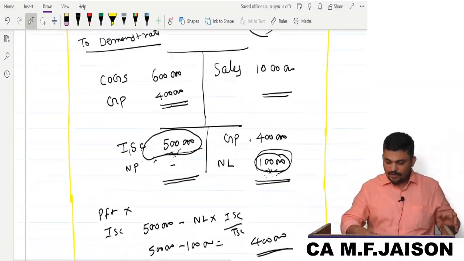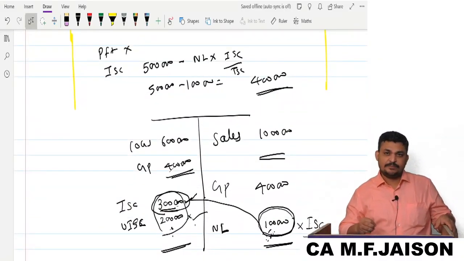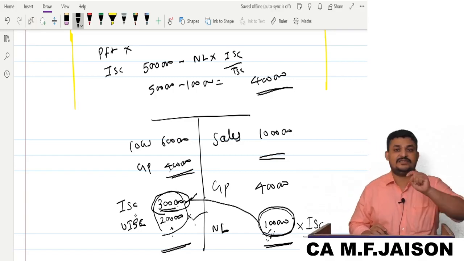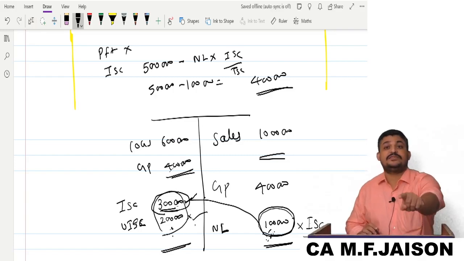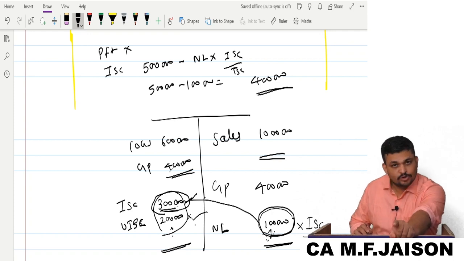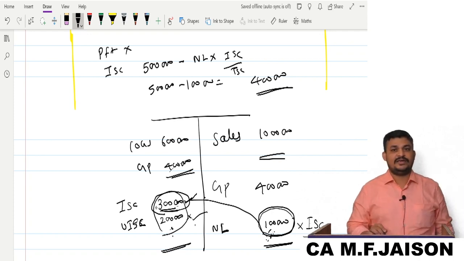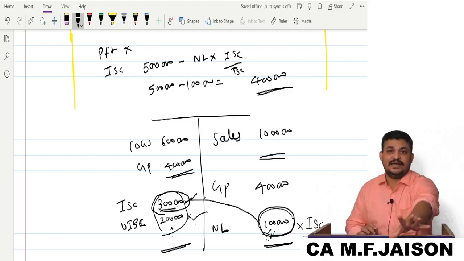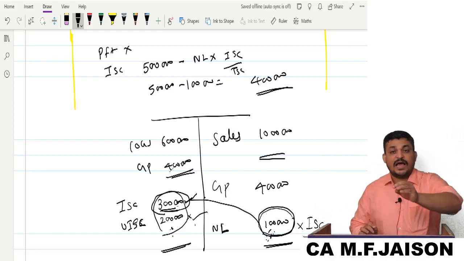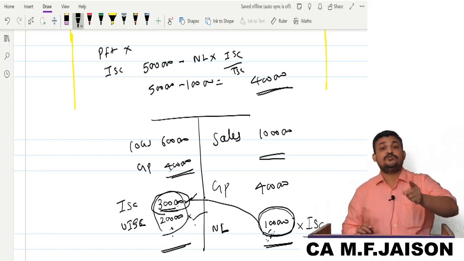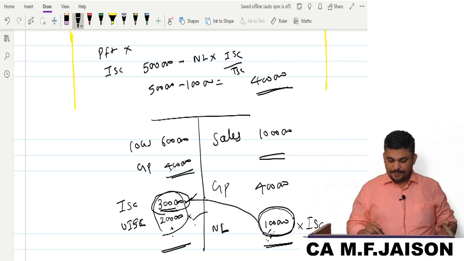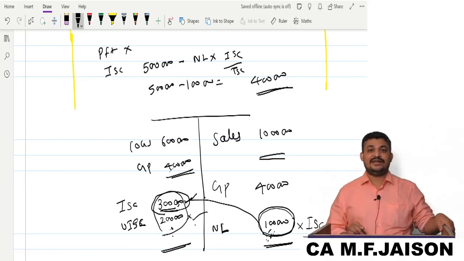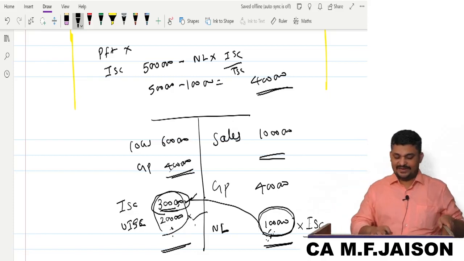So first of all, what is this particular loss representing? Loss is representing a deficit towards the expenditure, which will anyway happen in business. It does not happen because of fire. So, if you want the expenditure to be compensated, but some portion of that particular expenditure you will anyway be losing, not because of a fire accident. Correct? Yes. So, I want to compensate you only those items which you lost because of the fire accident. So, insured standing charges minus loss proportionately calculated attributable to insured standing charges. Understood? That is how you should be applying the formula.